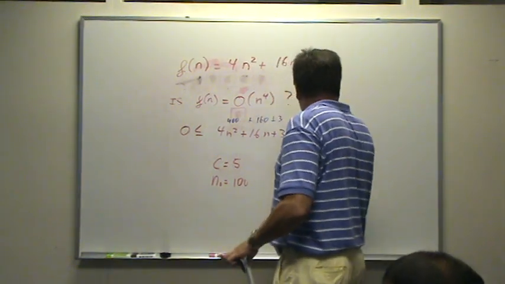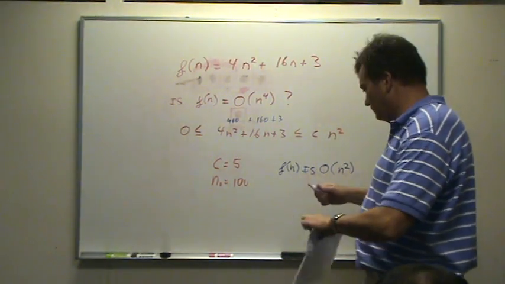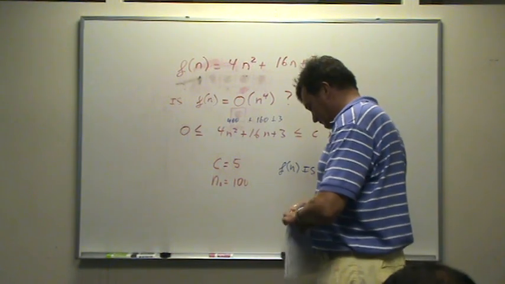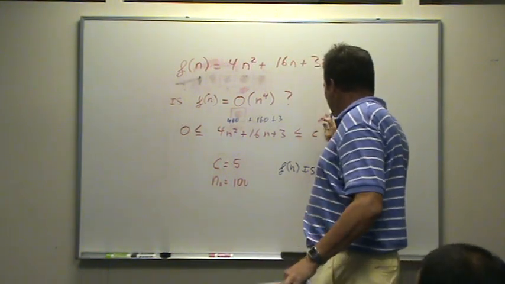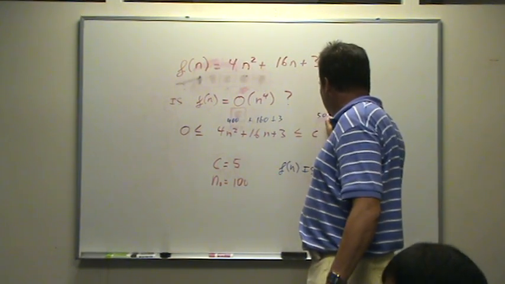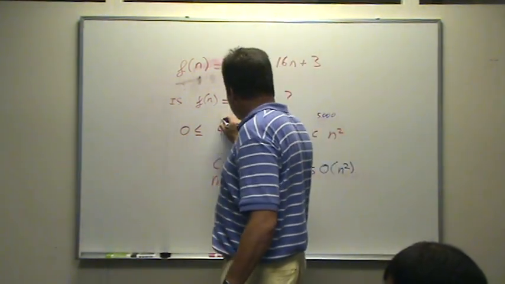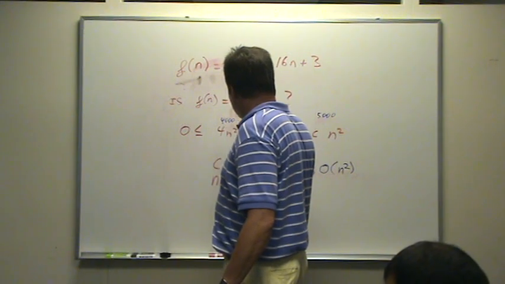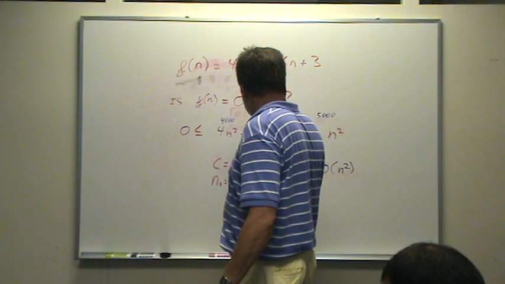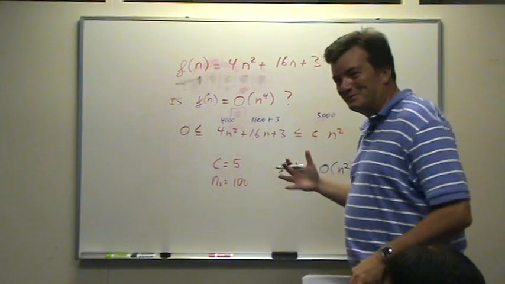So this would be 5 times 10,000, a 5 with 4 zeros. And this will be a 4 with 4 zeros plus 1,600. Still no good. Plus 3. I'm getting closer, but